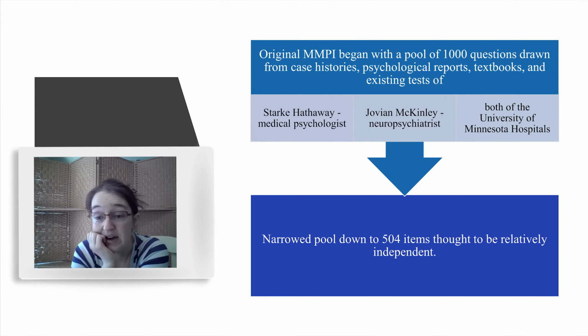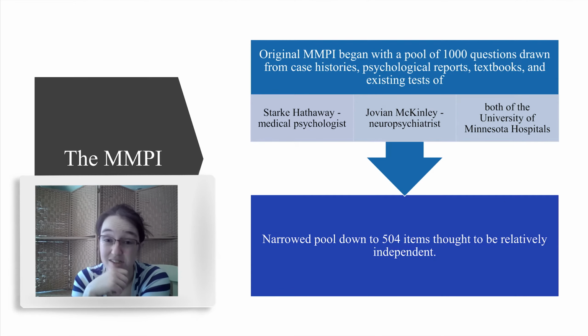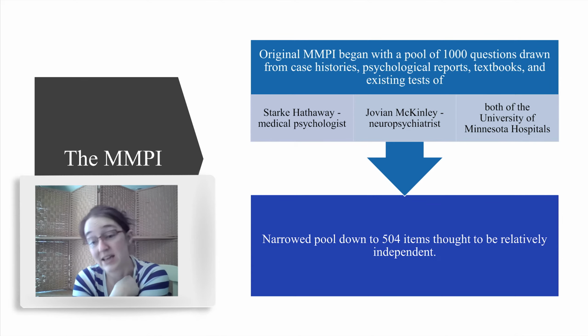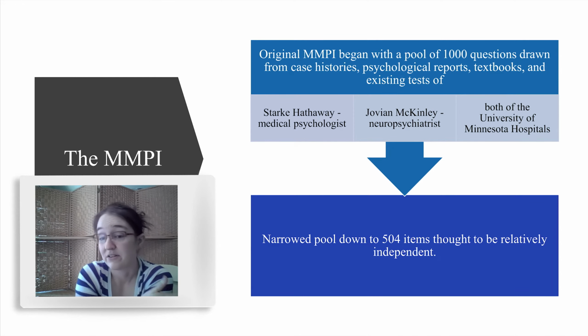So the original MMPI started as a pool of 1,000 questions. These were drawn from case history, psych reports, textbooks, and existing tests. The two main folks here are Starke Hathaway, who's a medical psychologist, and Jovian McKinley, who is a neuropsychiatrist. Both were at the University of Minnesota hospital system, hence the first M in MMPI. So they were able to narrow down the pool to 504 items that they thought to be relatively